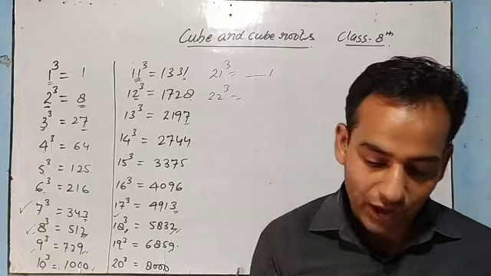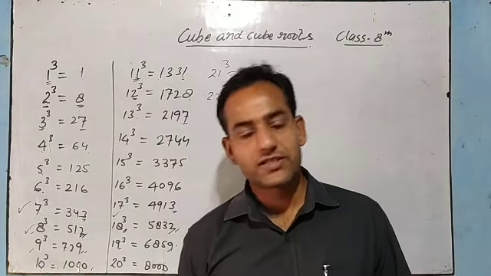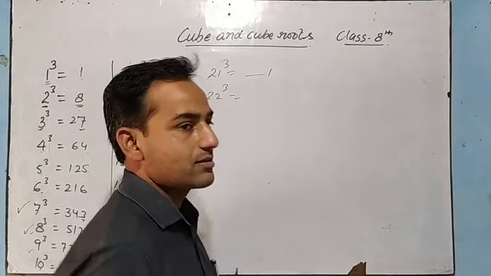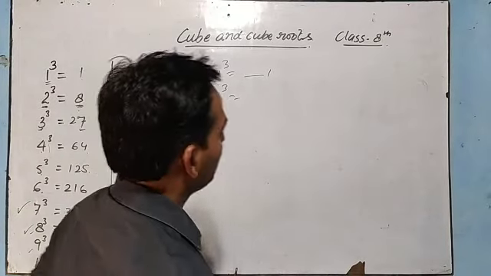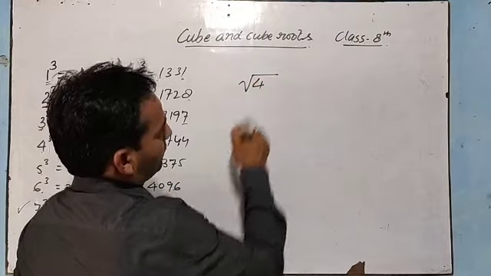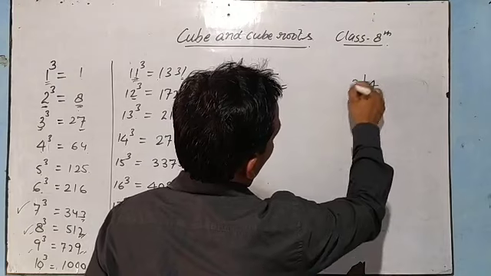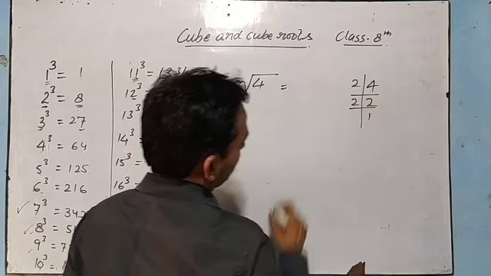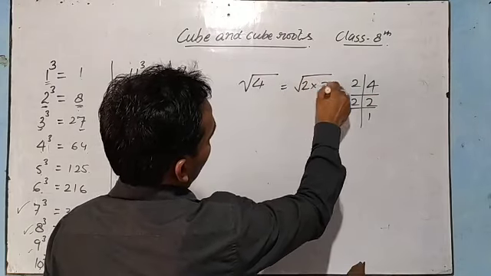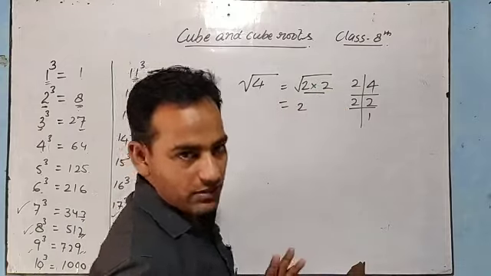Now, how to find the cube roots of the given number? Listen. Just like squares and square roots we were doing. If we had to get the square root of 4, what were we doing? We were doing the prime factorization of 4. 2 2s are 4, 2 1s are 2. So we were getting 2 multiplied by 2. So the answer is 2. One 2 was coming out from this square root symbol.